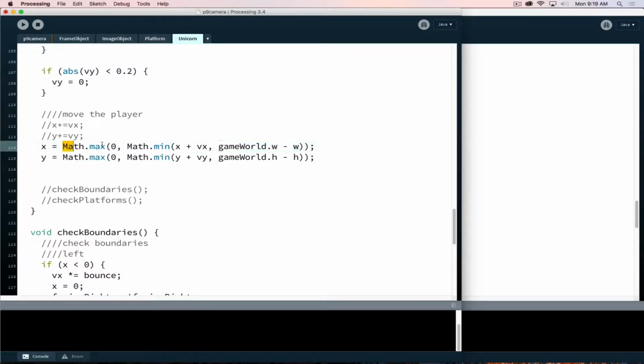So this one line here is effectively checking boundaries and adding in vx. It limits it so that vx will not allow me to move out of bounds, because of what Math.max and Math.min do. When I use max, it says take either 0 or this number, whichever is bigger. Now when I look at min, it says take either this number, x plus vx, or game world width minus